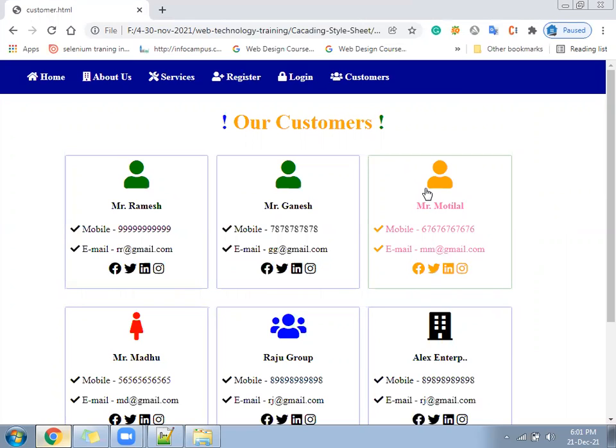Check the screen size: if the screen size is from here to here, display two blocks; from here to here, display one block; more than this pixel, display this many blocks. We are just changing the width according to the device. That CSS feature is called media query. Through media query we'll understand this. We'll see that tomorrow, and then I'll suggest what you need to do.